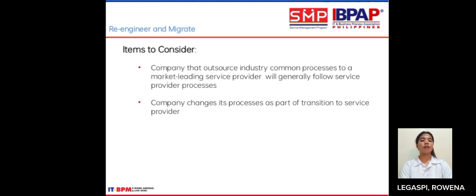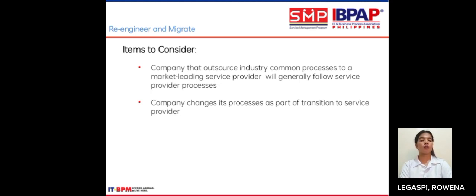So the second item indicates that the company changes its processes as part of the transition to the service provider. So this suggests that during the outsourcing transition, the company undergoes a process of re-evaluating its own processes and making necessary changes to align with the requirements and standards set by the service provider. This could involve streamlining existing processes, implementing new procedures, or adopting best practices identified by the service provider. So the goal of such changes is to ensure smooth integration with the service provider's operations and maximize the benefits